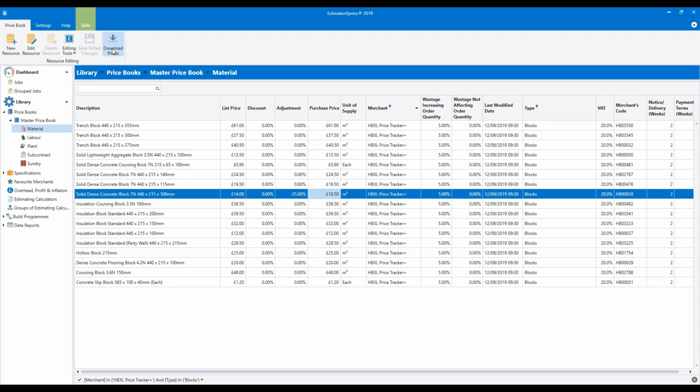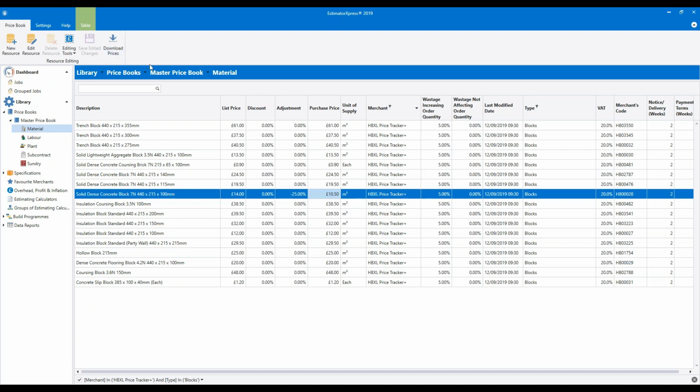We've got a question about adding in a new product. We're going to come to that very shortly, if that's okay. All right, so we've set up, we've edited the concrete blocks so they match what we pay. We've made sure we've saved the change as an adjustment. So now the software is going to automatically increase and decrease that price in line with the market. So that should hopefully future-proof your quotes. So let's do a little bit more of this. We'll do a little bit more price editing before we go on to adding products into the price book.